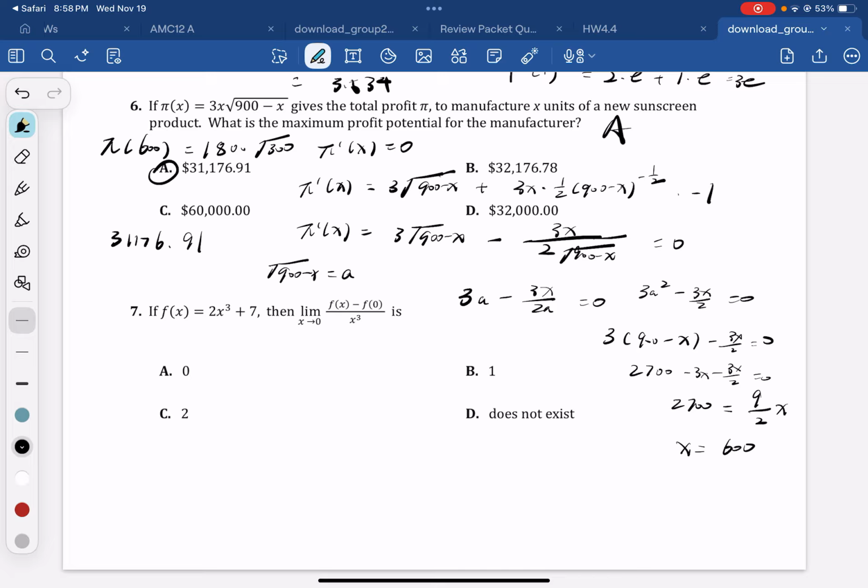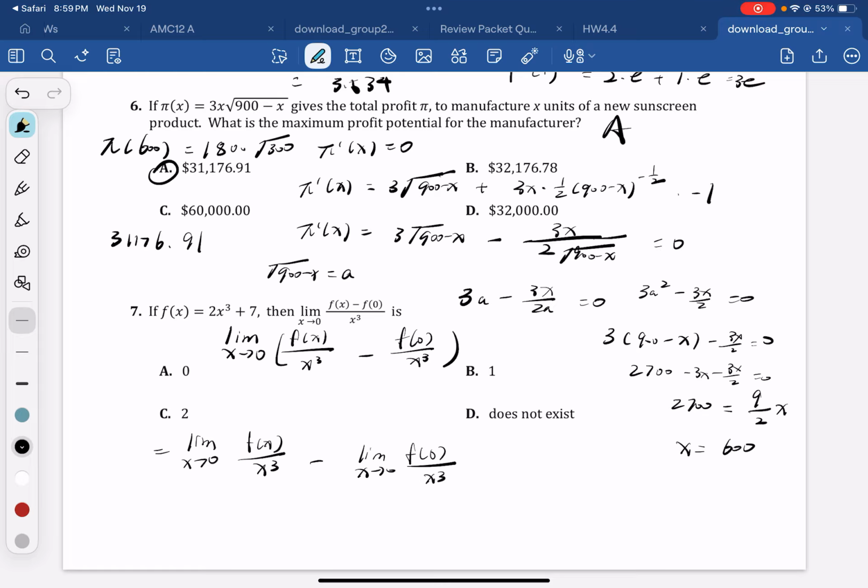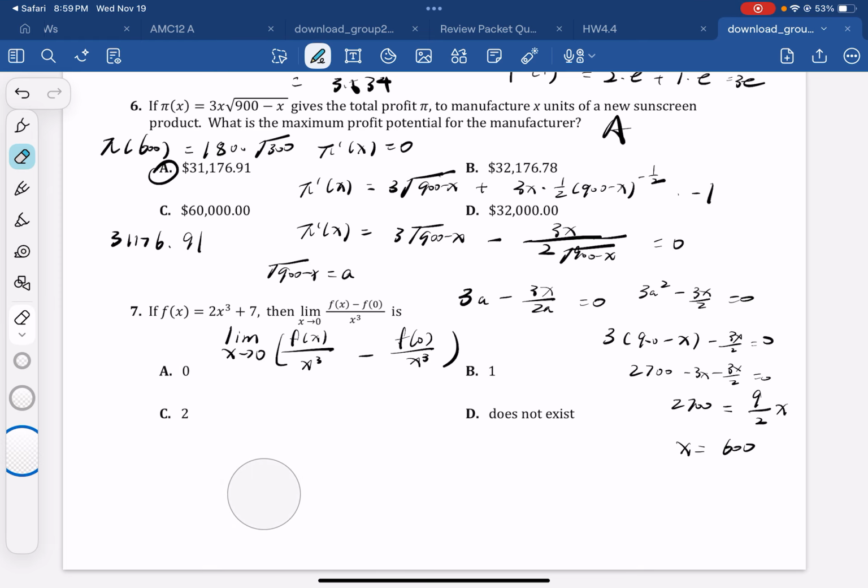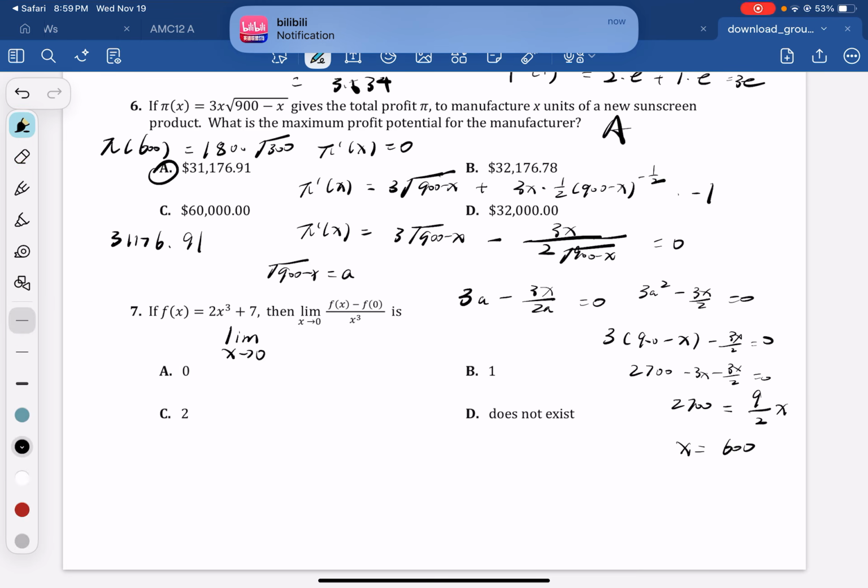separate this limit and it becomes the limit as x approaches 0 of f of x over x cubed minus f of 0 over x cubed. So it equals the limit as x approaches 0 of f of x over x cubed minus the limit as x approaches 0 of f of 0 over x cubed. I shouldn't do that because that's not straightforward enough. So we just